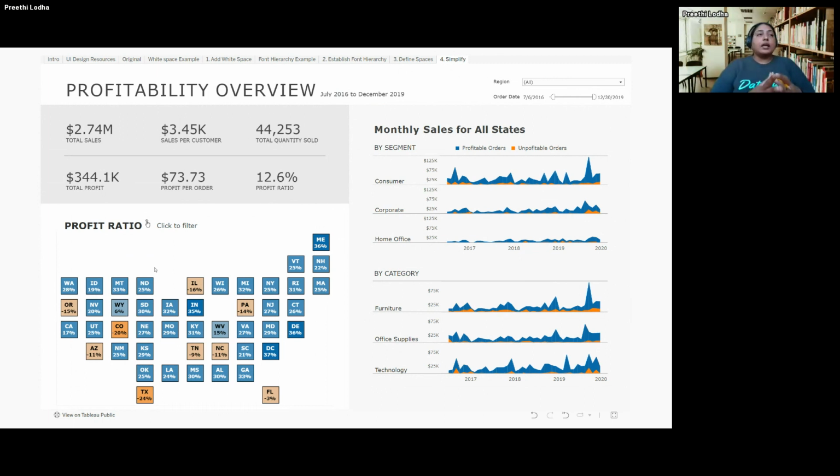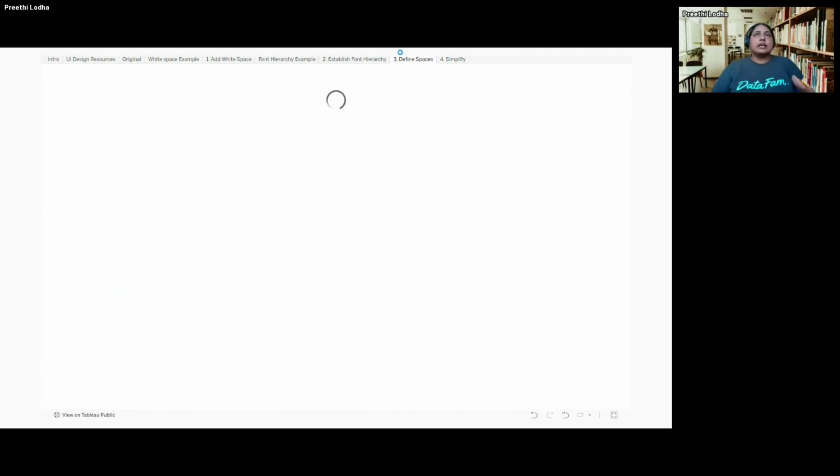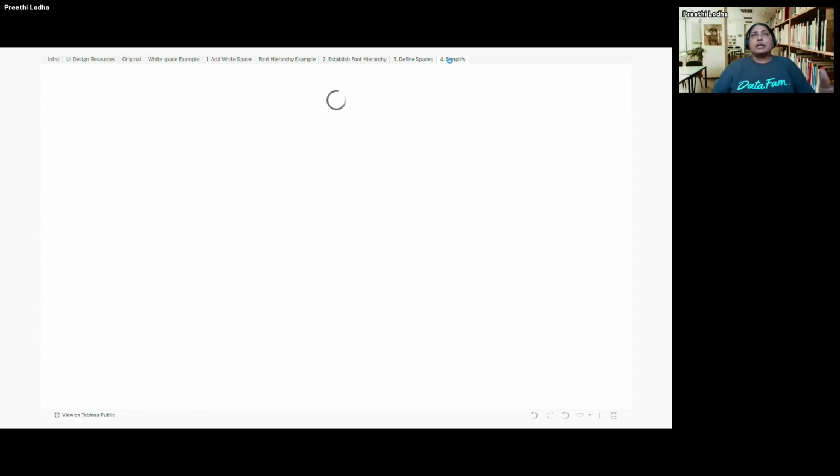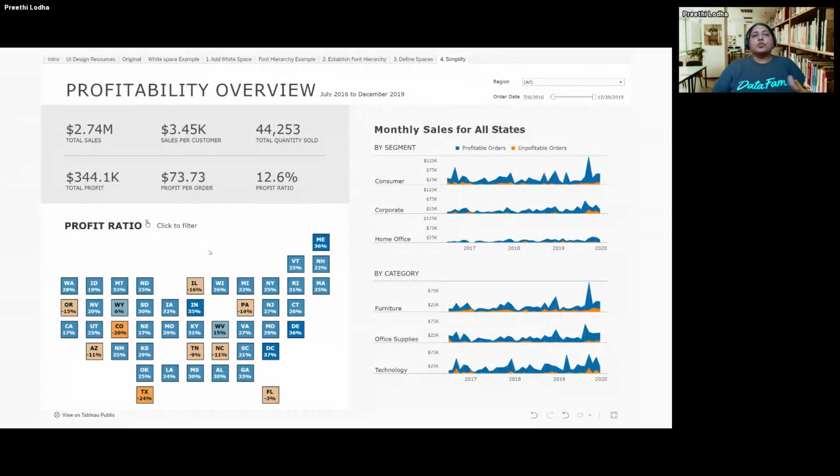And one of the key major changes that you would see is that instead of using a US map, I went and simplified it to use a hex map or the box map. Why did I do that? It gives a weightage to all of the states in equal parts rather than having to depend upon the geographic differences.